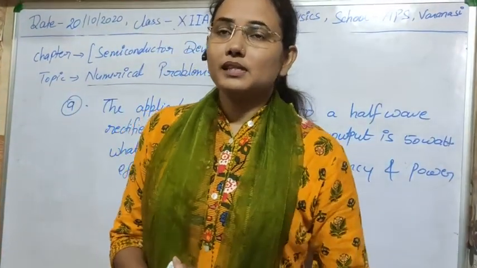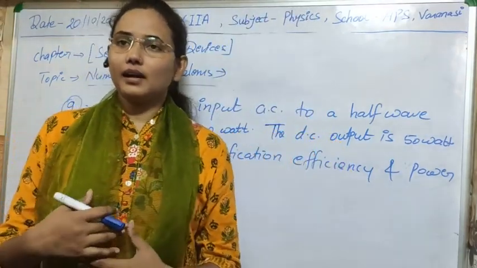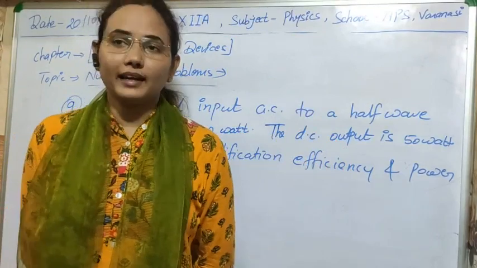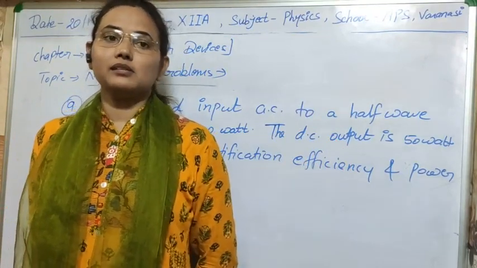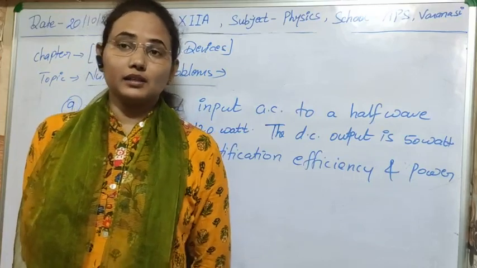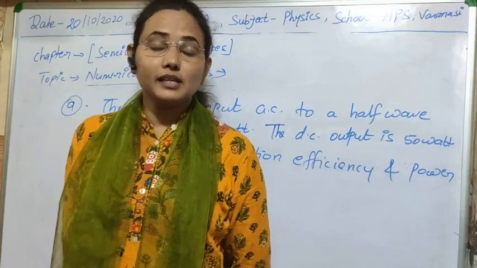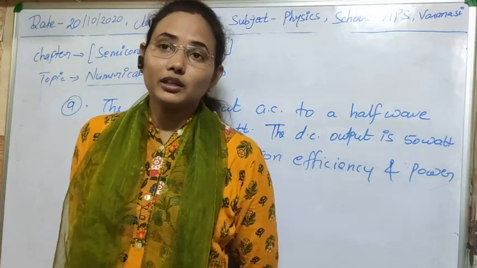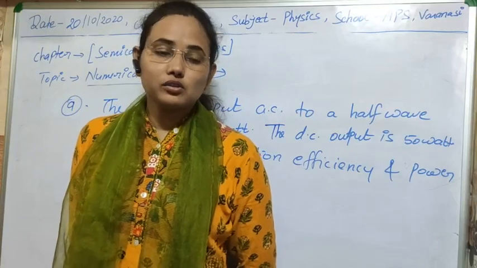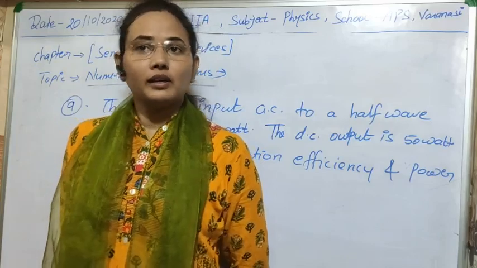So the next problem is related to the half wave rectifier, and I have told you about the rectifier, in which we rectify any AC signal, means we can convert AC to DC signal. If we are converting that, then we can find out what will be the efficiency of the rectifier, means how much of the input signal it can convert into the output signal, and also how much power is utilized in the case of a rectifier.